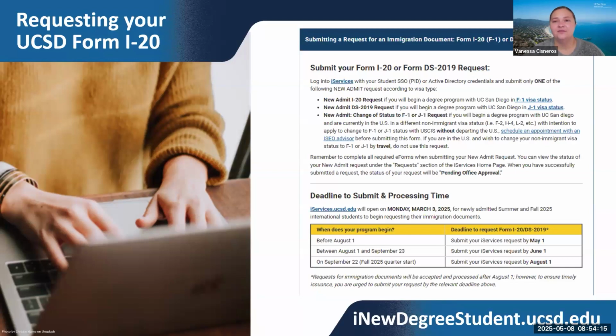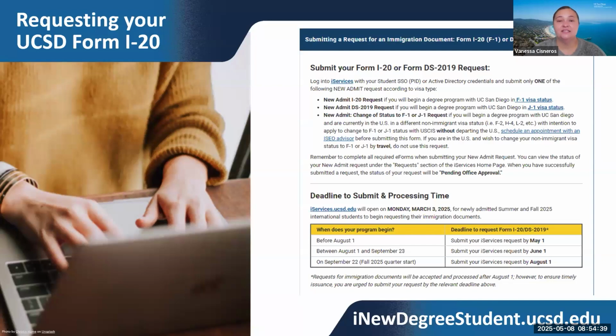We also have webinars that contain the process of requesting an I-20 from our office. So please feel free to review that resource. We won't be reviewing that specifically today, but please note this is where you go to request your transfer I-20 from us once you have navigated through steps 1 and 2 with your current institution.